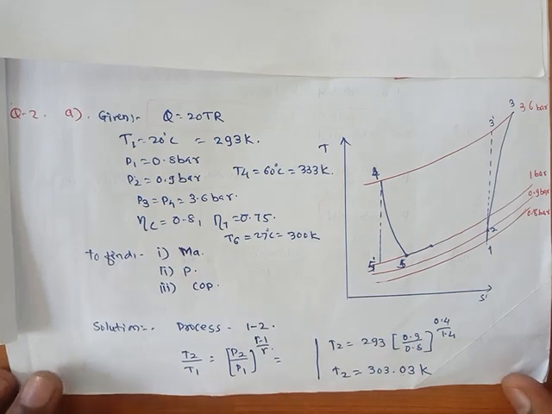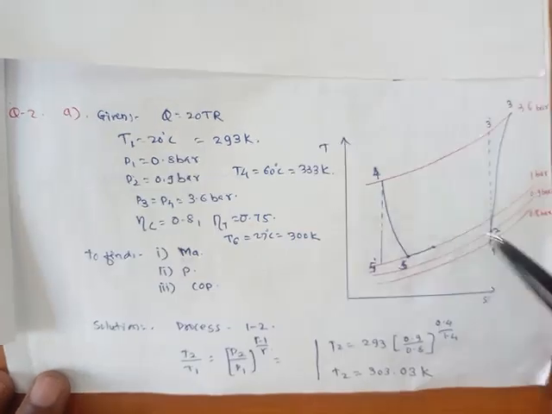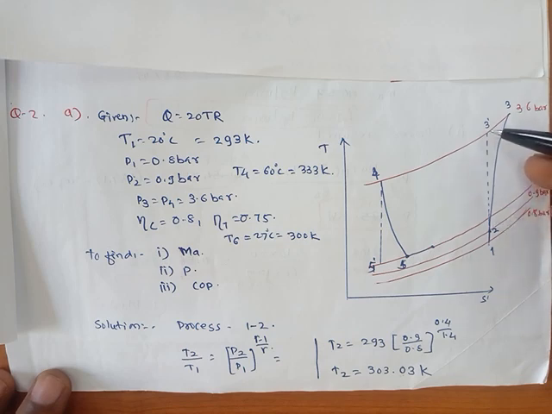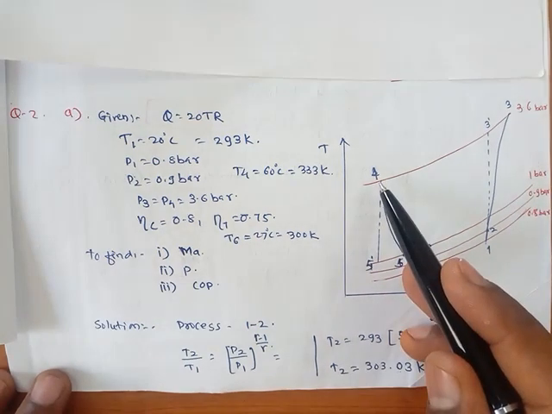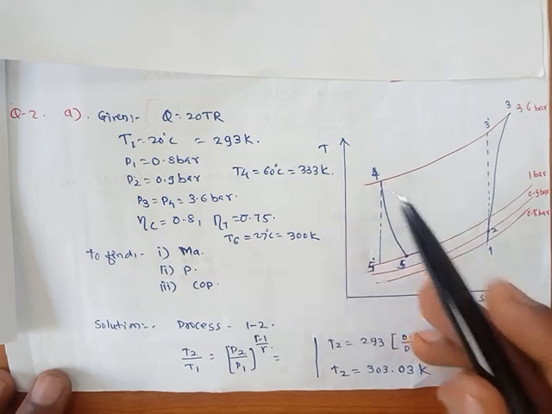To solve this problem, according to the problem, we will first draw a TS diagram for the simple air refrigeration system. In that we will first denote 1 to 2 process as isentropic ramming process, 2 to 3 is compression process, 2 to 3 dash is isentropic compression process, 3 to 4 is a heat exchanging process or heat rejection process in the heat exchanger.